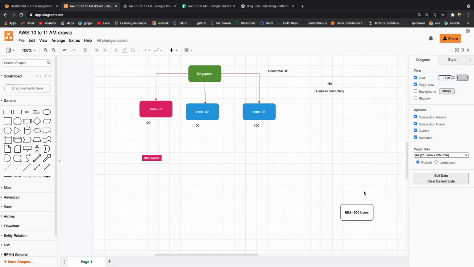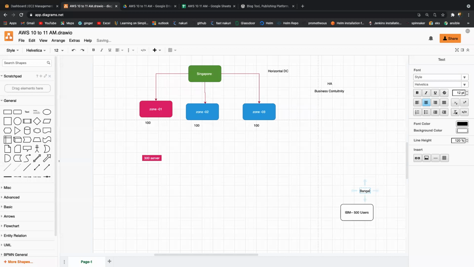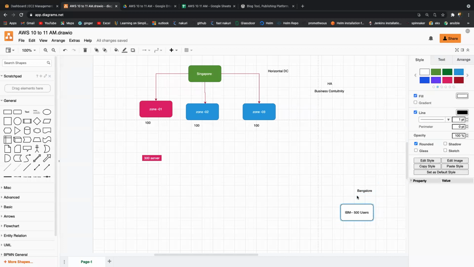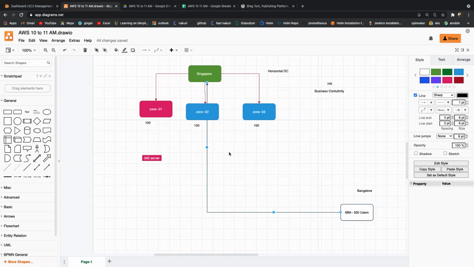The 500 users, they are sitting at Bangalore. Let you consider they are sitting at Bangalore, right? So all these users, if they want to connect with the Singapore region, it is possible. Cloud you can access at any time, anywhere. Yeah, it is global access. You can able to access. But what about your latency?